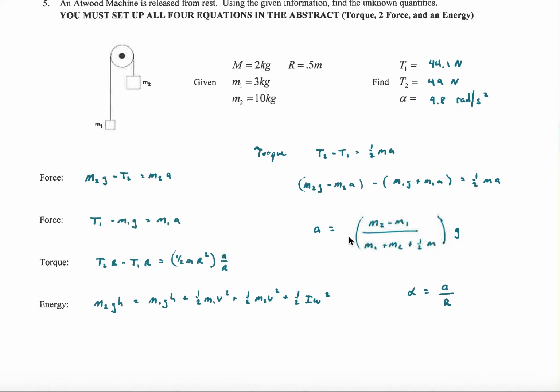And then this is me solving for the acceleration. But once you know the acceleration, you can plug back in here to find T2 and then here for T1. And if you want to know alpha, well, it's kind of like V and omega. A equals alpha R, V equals omega R. So once you know either alpha or A, then you can solve for the other one,